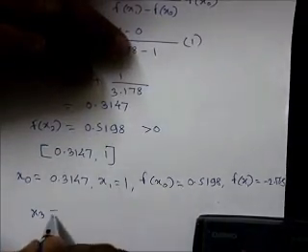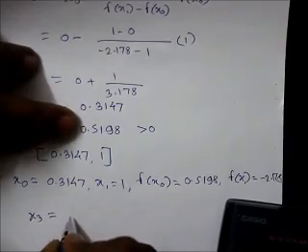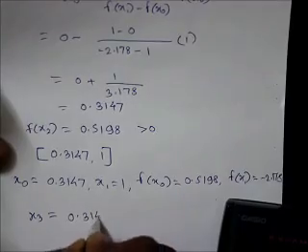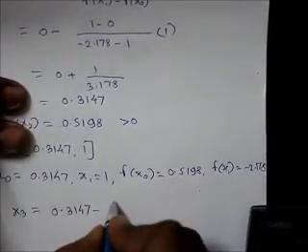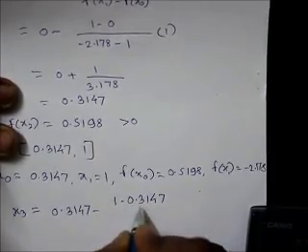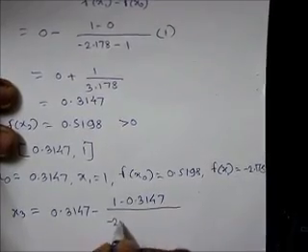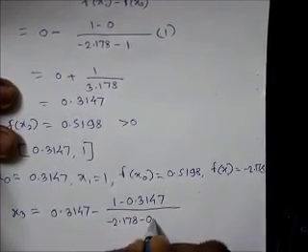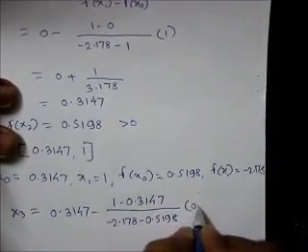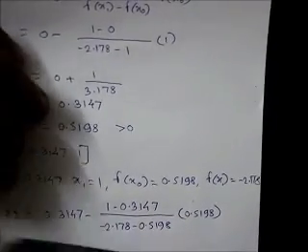Now we go for x3, which is nothing but 0.3147 minus (1 minus 0.3147) divided by (minus 2.178 minus 0.5198) multiplied by 0.5198, which is equal to